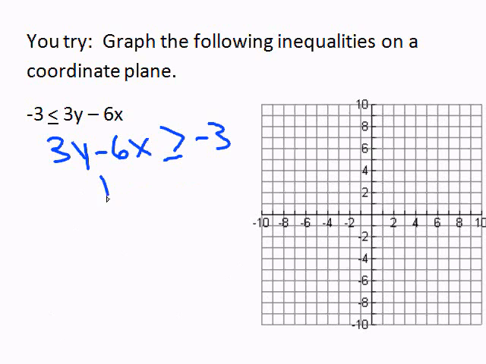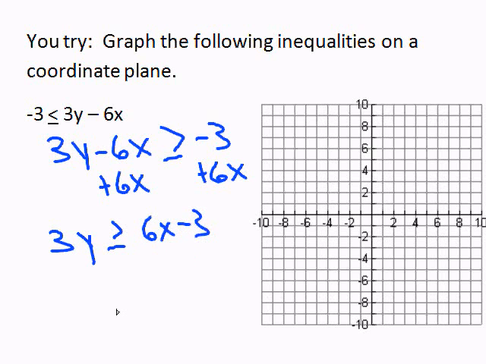Now I need to get y by itself, so I'm going to add 6x to both sides, leaving me with 3y is greater than or equal to 6x minus 3. I then need to get y by itself by dividing everything on both sides by 3. This gives me y is greater than or equal to 6 over 3, which is 2x, minus 3 over 3,